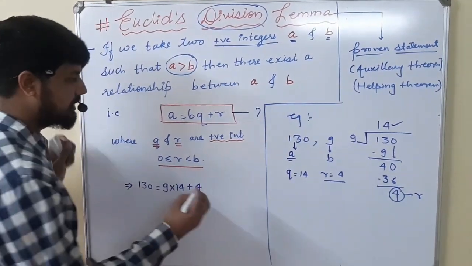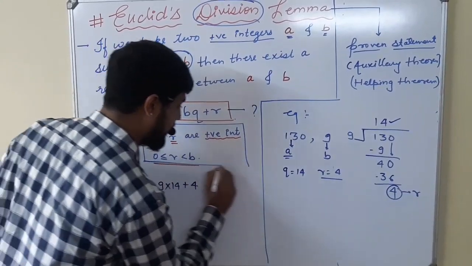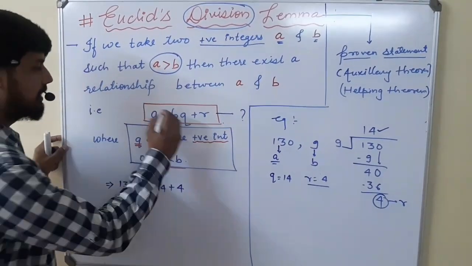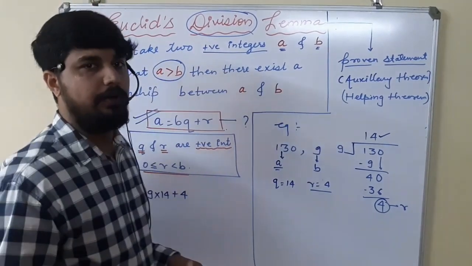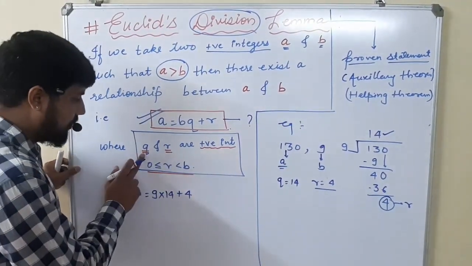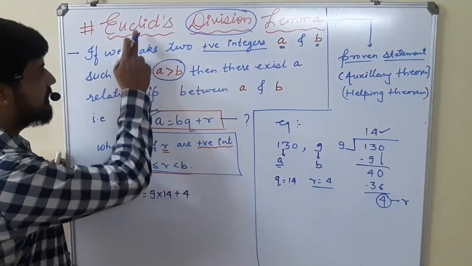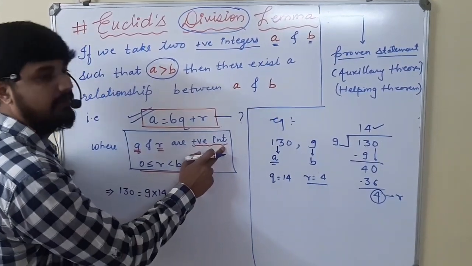Now let's try to understand the meaning of these two lines, because these two lines are very important. Up till this, it is clear now how to express this. In the next upcoming video, I will explain this with a few more examples. So now Q and R, the first condition which Euclid has given is that Q and R are always positive